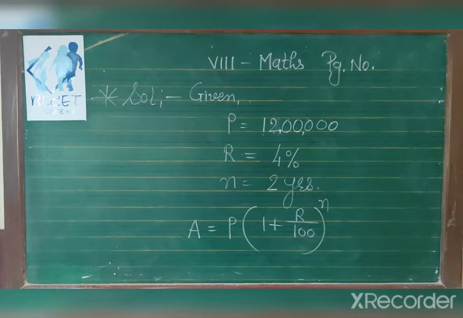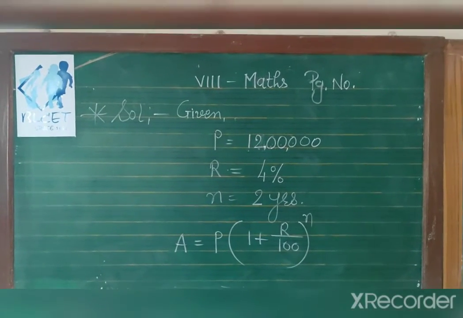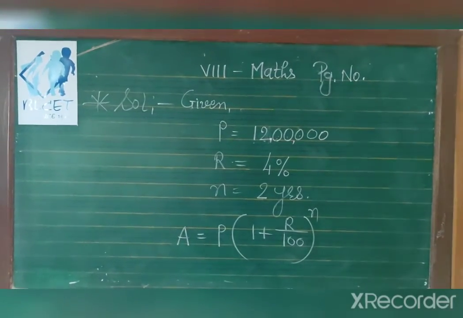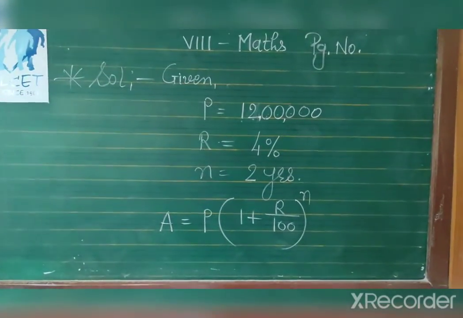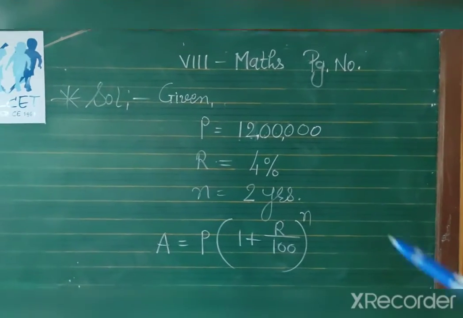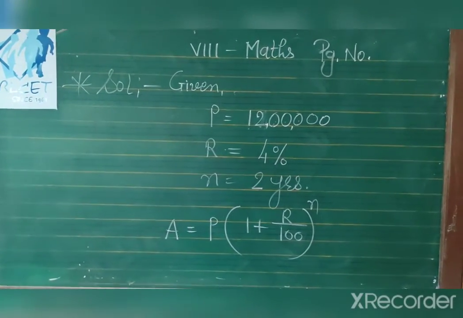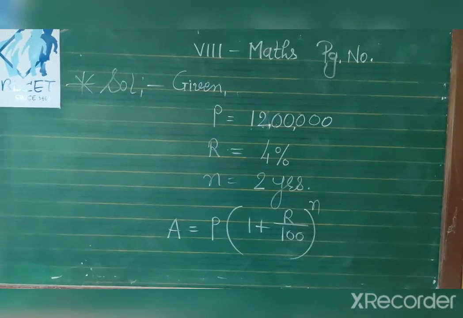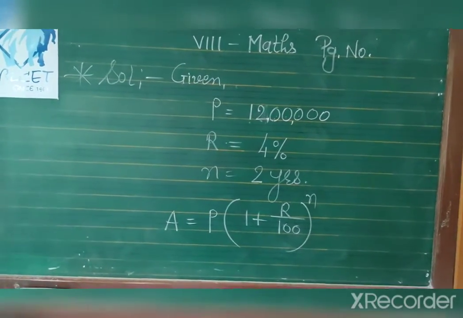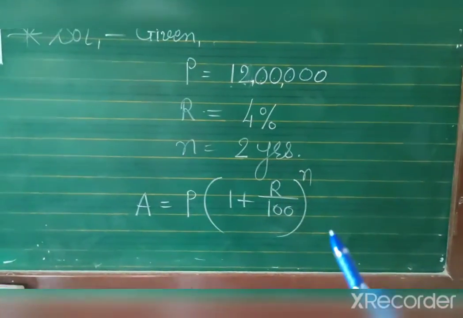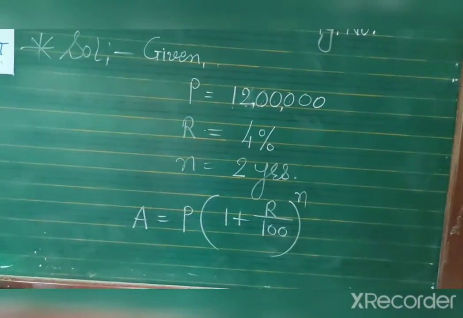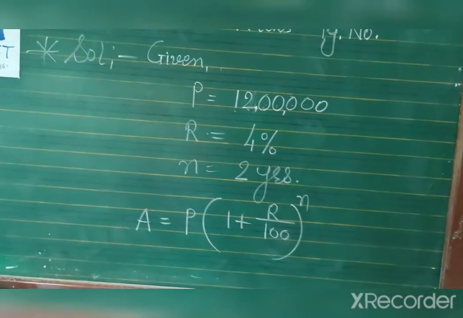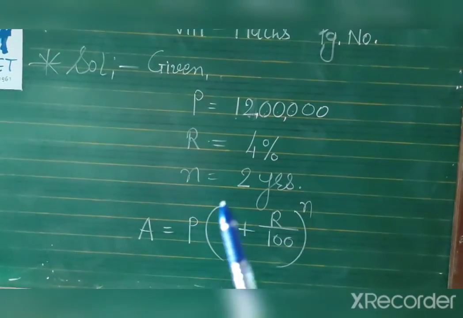Okay. Now you can see here the population of a city is this 12 lakh, and every year the population is increasing at the rate of 4%. That means next year on 12 lakh 4% will increase, then next year, so compounded. So we will use this compound interest formula, that means amount formula. Okay, so A equal to P 1 plus R upon 100 to the power n. So 4% rate is there and n equal to 2 years.